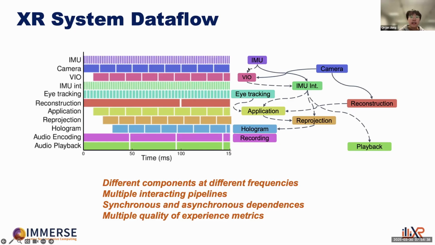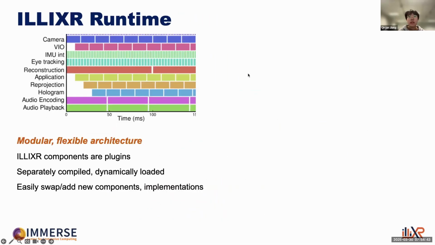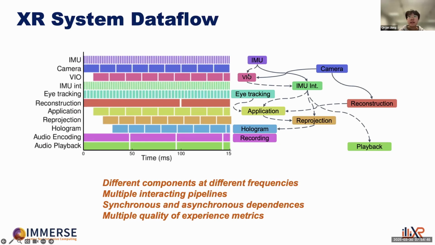And there's also the dotted line from the IMU to the VIO, which means VIO is asynchronously dependent on the IMU. That means whenever VIO needs to run, it only needs to take whatever is the most recent IMU data. It doesn't need newer IMU data, or it doesn't have to run every time we have some new IMU data. And you can see these two kinds of dependencies are all around, between different components.